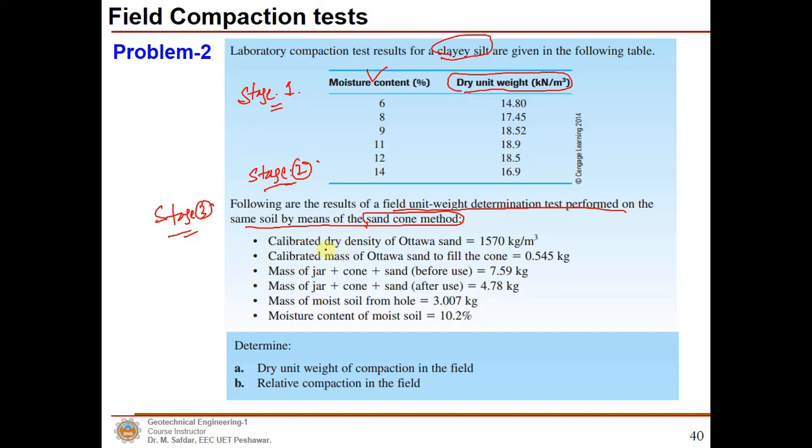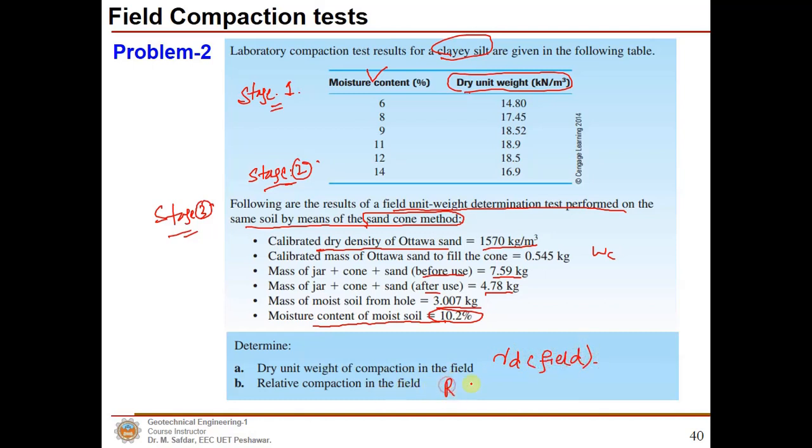The calibrated dry density of the Ottawa sand is given. The calibrated mass of the Ottawa sand to fill the cone, which was WC, is given. Mass of jar plus cone for use is also given. Mass of jar plus cone plus sand after use. This is the before use, 7.59 kilogram. The mass of jar with cone and sand after use, which means that the Ottawa sand has gone into that hole. Mass of moist soil from the hole is 3.006 kilogram, and the moisture content of the moist soil is 10.2%. Now we need to find out the dry unit weight of the field,